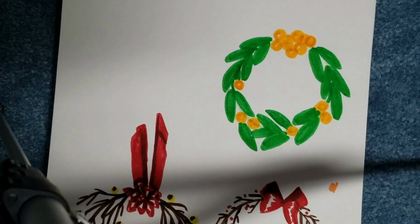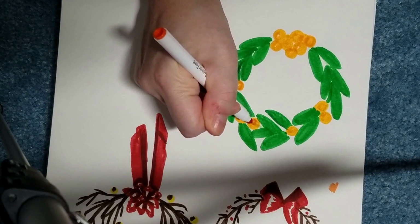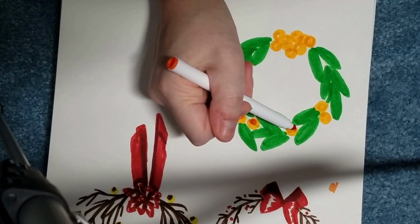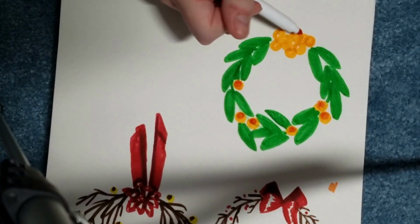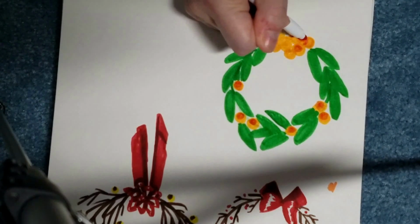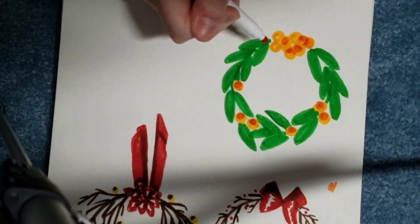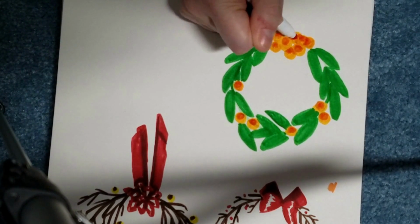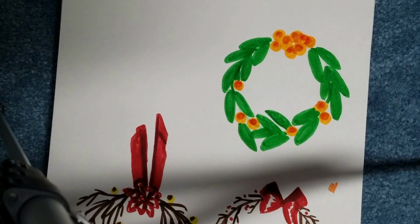To stop with your orange wreath here, you could. It looks really good still at this point, but I'm going to add just a few more details. Now my paper is still wet, and you want to keep in mind that if you're going over an area on paper like this, which is just inexpensive sketch paper, while your marker is still wet, there's a very good chance that you'll start tearing or pilling the paper. So for you guys at home who are doing this kind of leisurely, I would hope, please give your layers time to dry. So I am adding some shadow to the oranges,